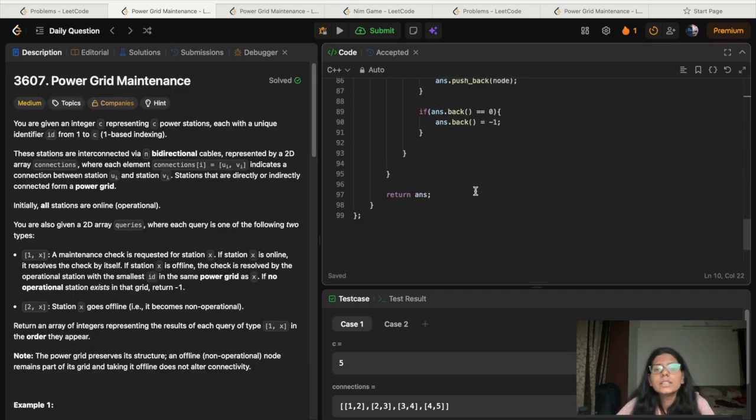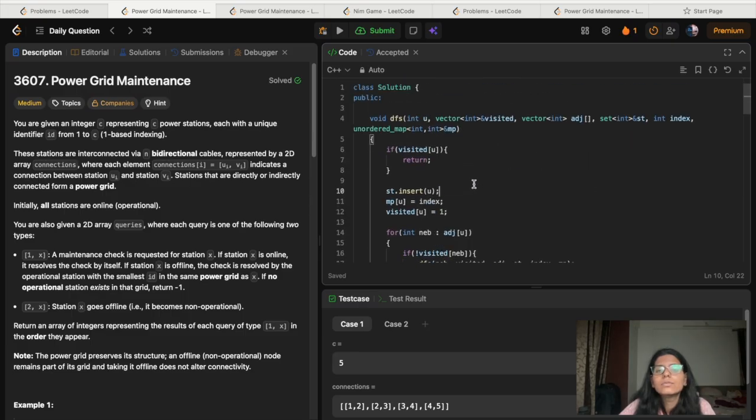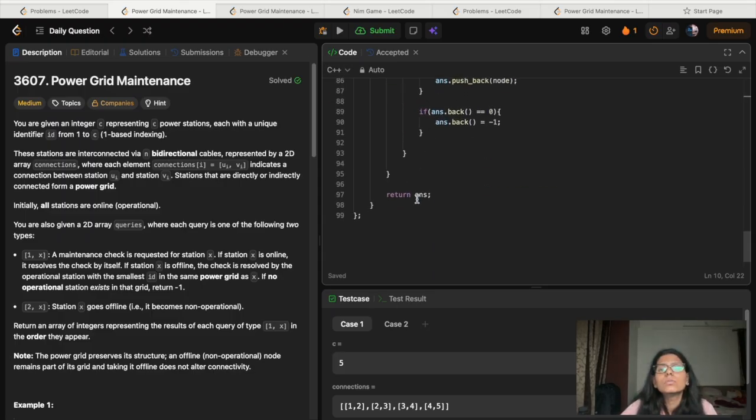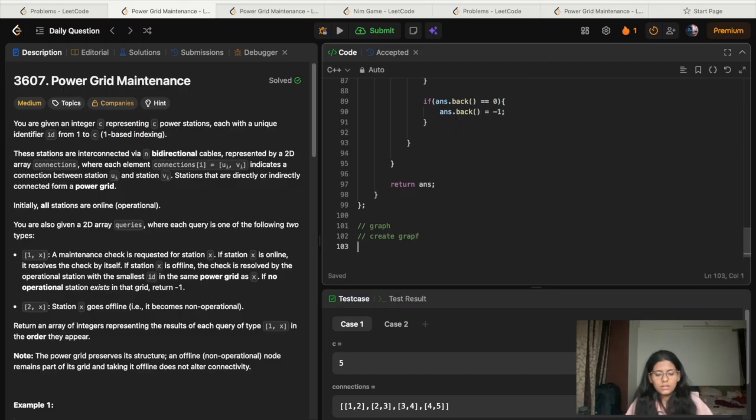Okay, let me explain my logic first. My logic is: I have a graph, so I have to create a graph. Then we want to answer the queries, so take a query.